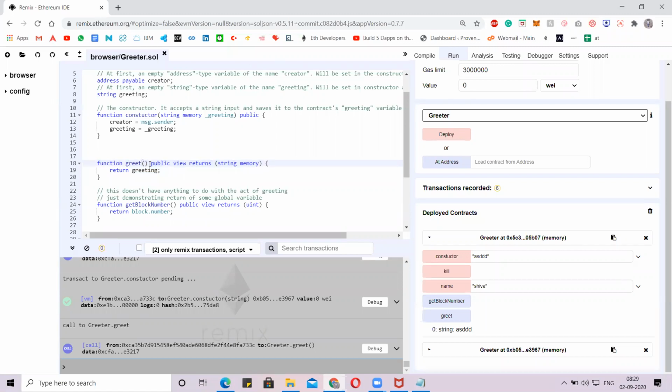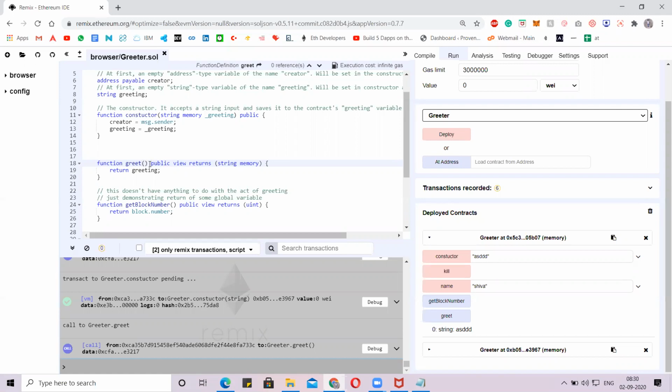We need to clearly tell the contract that this function will only do get functionality. This function will not do any set functionality, will not pass any data to the contract, but we only get the data from the contract.